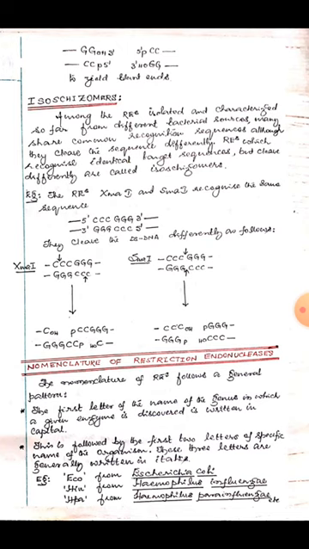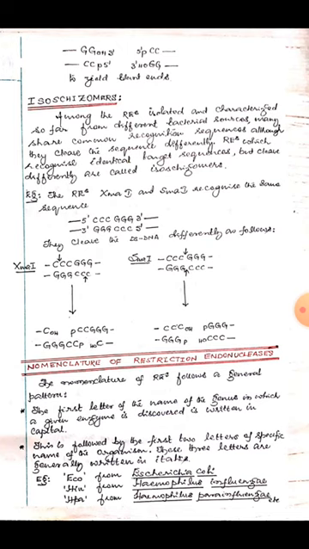Then I have taught you the isoschizomers. Now, I have to teach you something else. All the time I have been telling the names of restriction endonucleases, but how are they named? That means you should know the principles on which any restriction endonuclease is named. So, nomenclature of restriction endonucleases. What are the general principles?